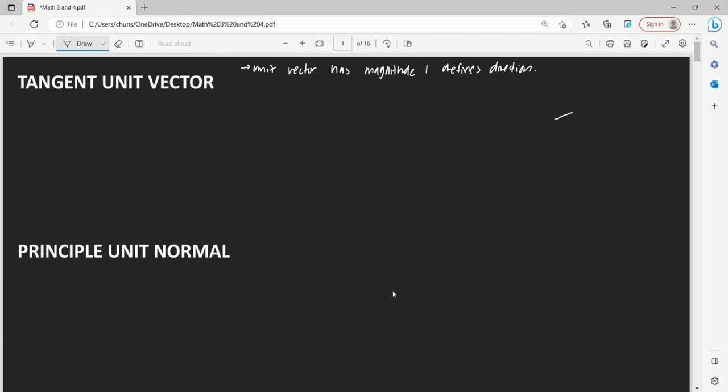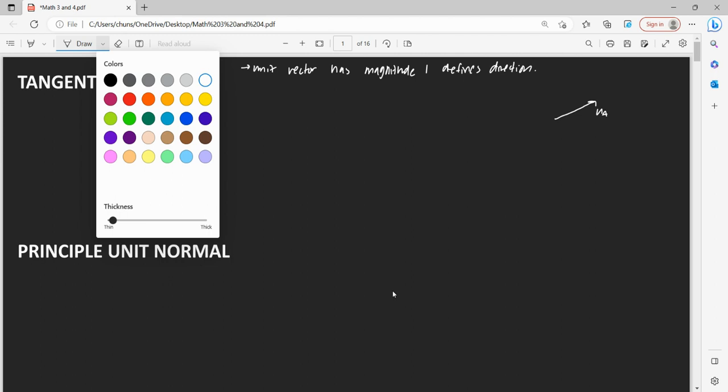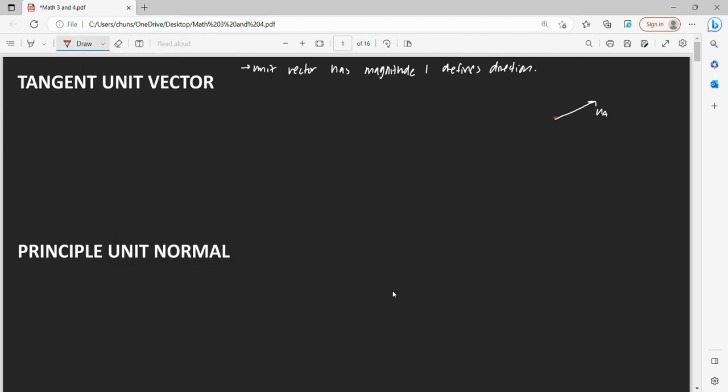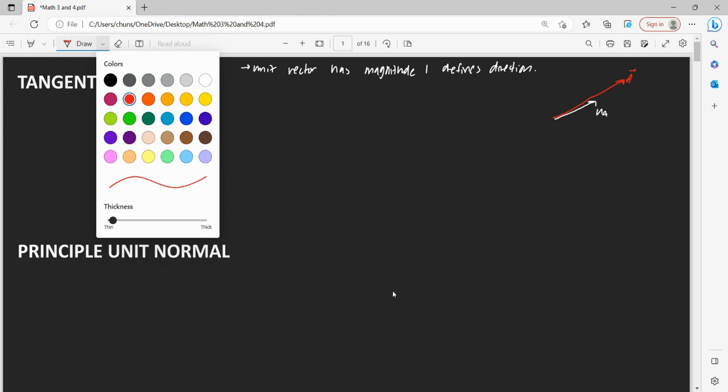So if you had a unit vector for vector A, for example, they'd both be pointing in the same direction, where A is just a scalar multiple of the unit vector. So the unit vector is just used to establish direction. So with that knowledge,